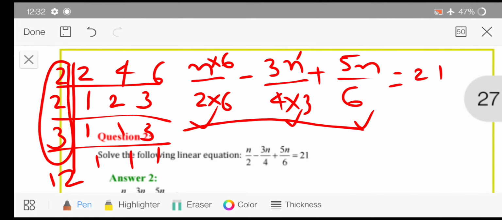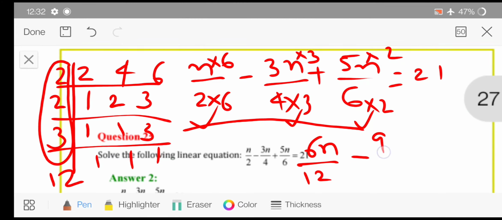Because here it is 4, so 4 3s are 12. So to make it 12 I need to multiply it by 3, and here to make 12 I will multiply by 2. Okay, so I will get 6n upon 12 minus 9n upon 12 plus 10n upon 12